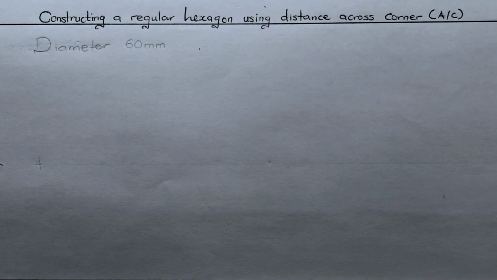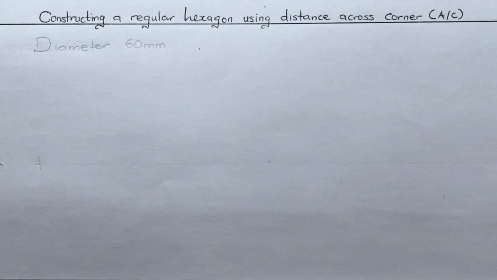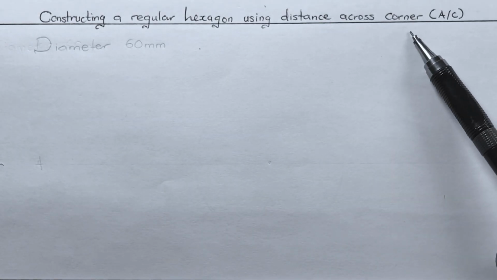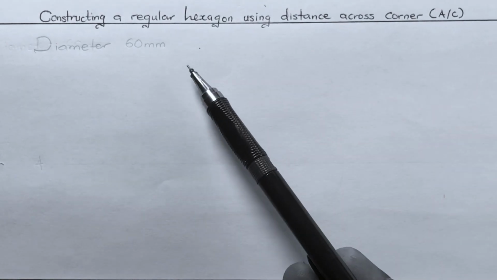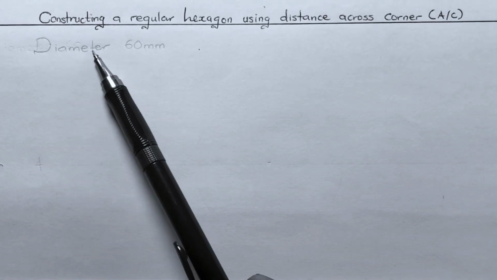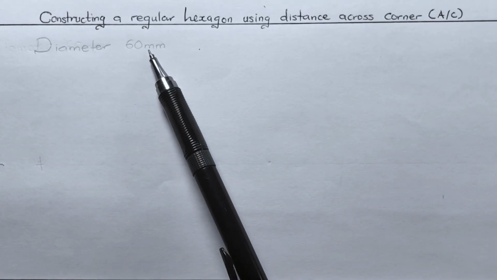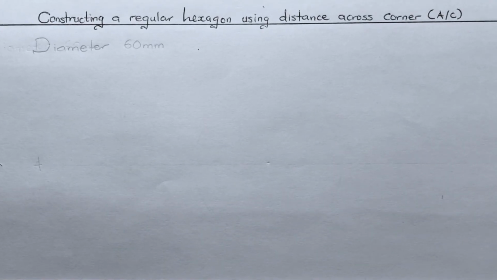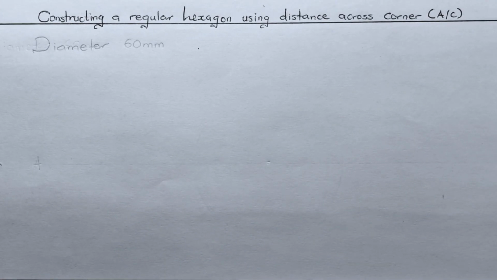Welcome back to Leumastudio. In this section, we're going to be looking into constructing a regular hexagon using distance across corner. So we're going to be constructing a hexagon, which has 6 sides, using the diameter 60 mm for the circle to construct the line. So the first thing we are going to do is to draw our line